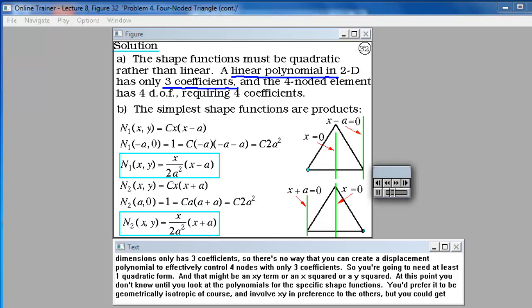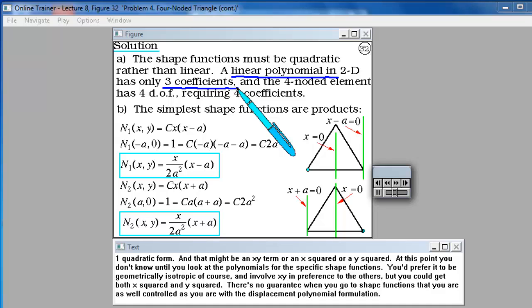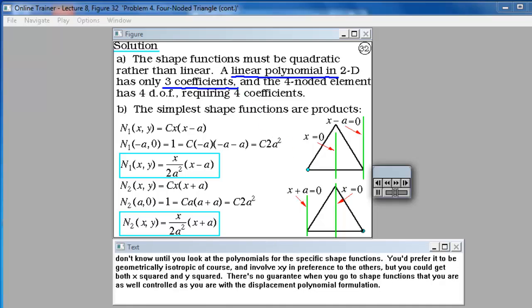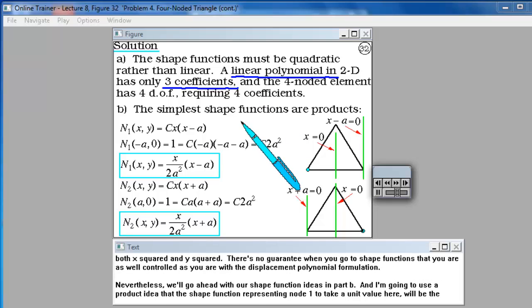So you're going to need at least one quadratic form. And that might be an xy term or an x squared or a y squared. At this point, you don't know until you look at the polynomials for the specific shape functions. You'd prefer it to be geometrically isotropic, of course, and involve xy in preference to the others, but you could get both x squared and y squared. There's no guarantee when you go to shape functions that you are as well controlled as you are with the displacement polynomial formulation. Nevertheless, we go ahead with our shape function ideas in part B,